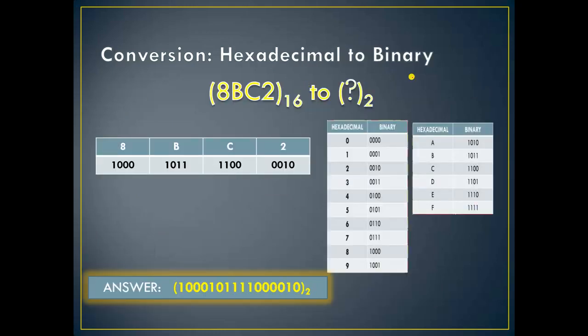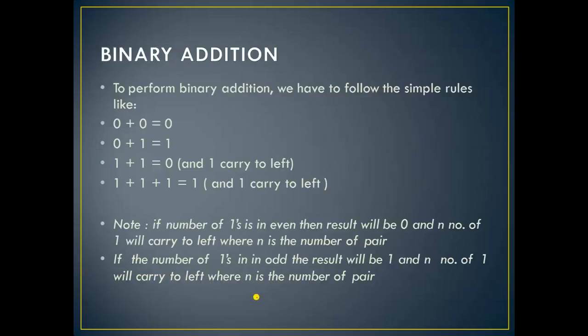Now next is hexadecimal to binary. So you have to write any hexadecimal number and then convert it into binary form. While converting hexadecimal to binary, you just remember one thing: you have to make groups of 4 bits. So you have to write the 4-bit code for each hexadecimal digit. So for 2, the code is this one, C for this, B for this, and 8 for this. You can see these are all 4 bits. Then you have to just write it in a combined way. So this is the answer, hexadecimal to binary. Next is binary addition. So your conversion is over now.